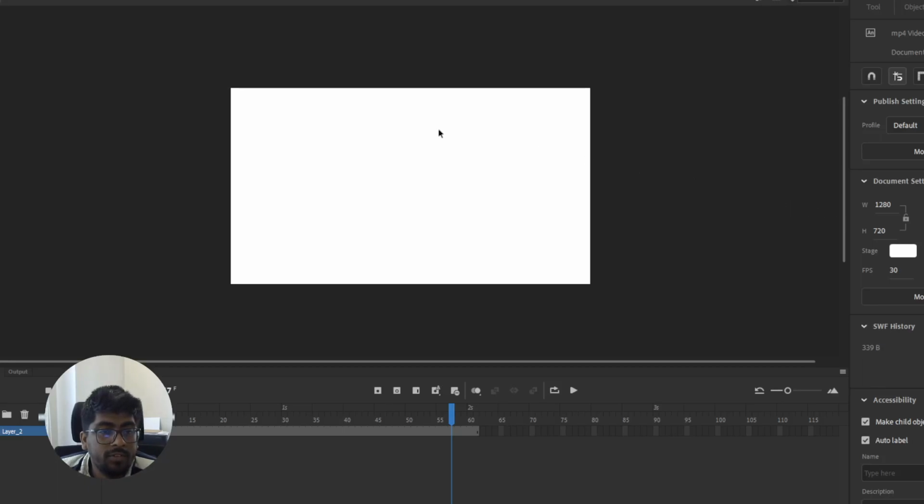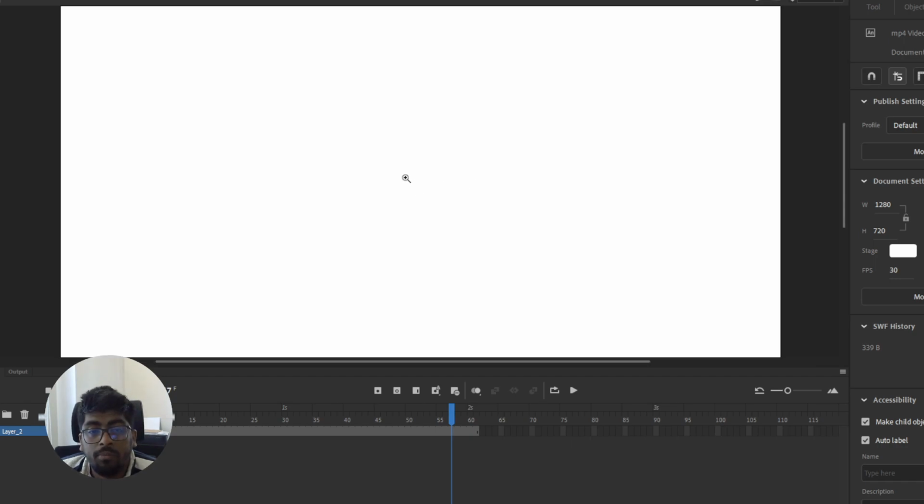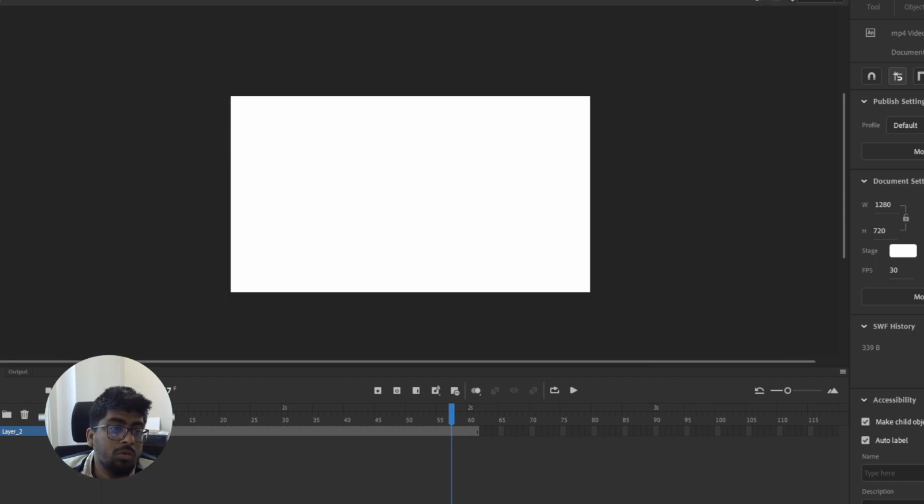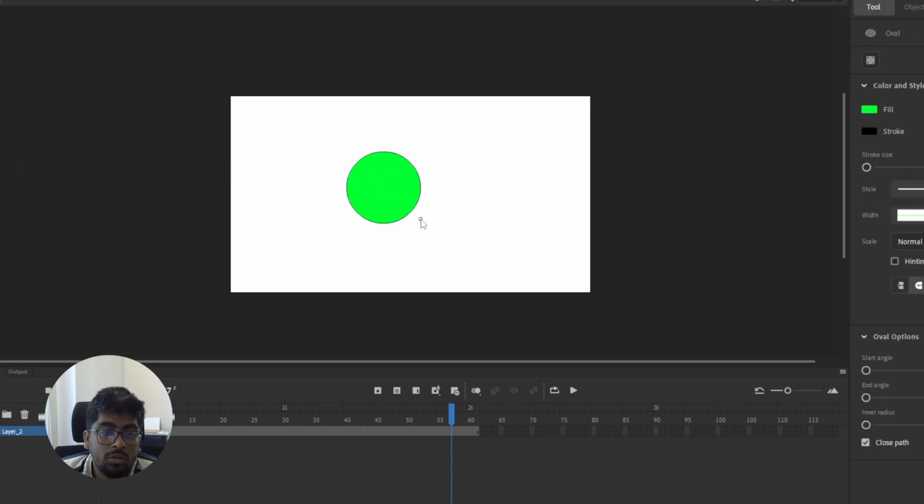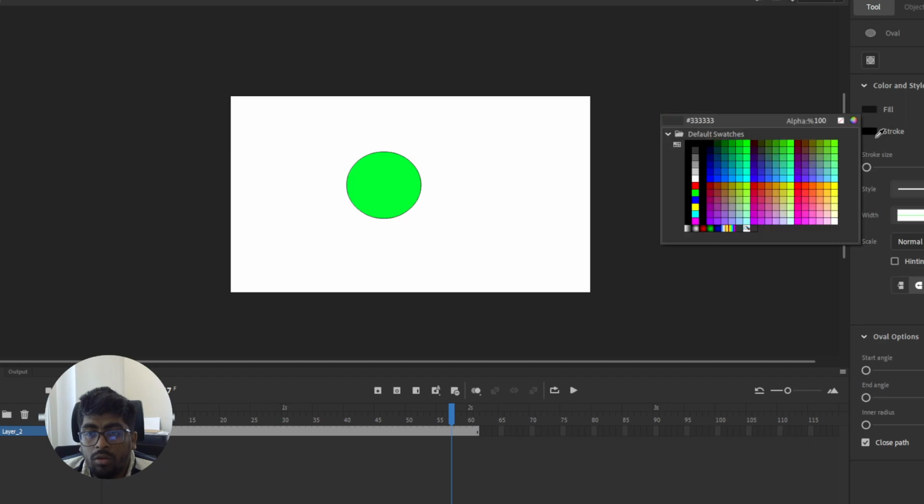Hello friends, today I'll show you how to change the shape color. Very simple. First of all, you can go to this tool, the rectangle tool. Then you can select what type of shape you need. If you want a circle, click on circle, then you can just drag and drop here. Then if you want to change the color,